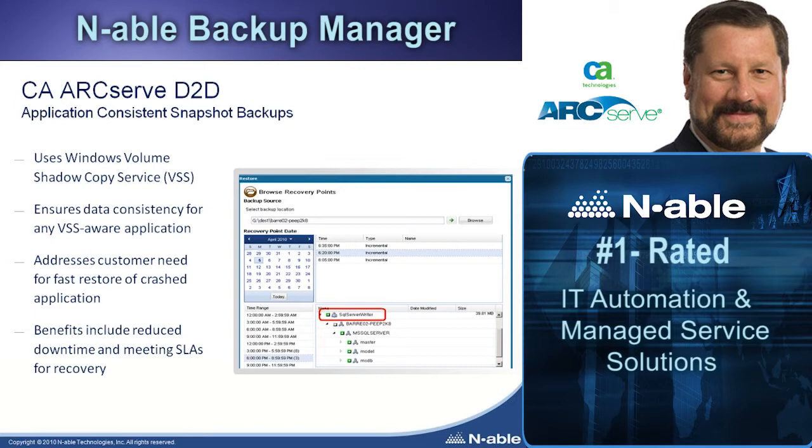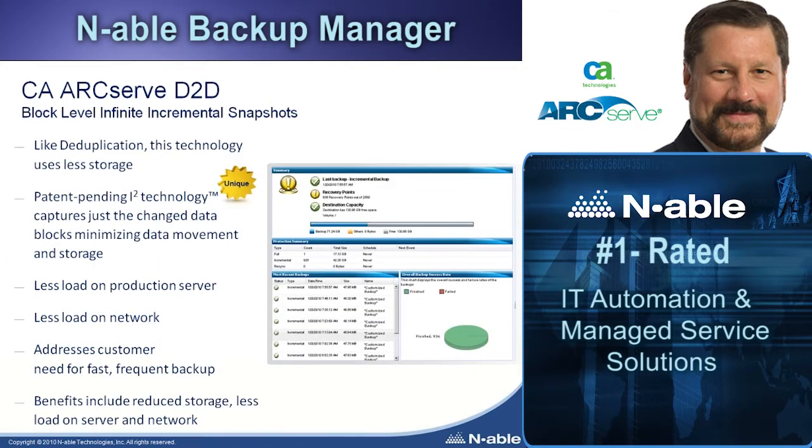recovery time objectives. Now, what if you could use a new technology that let you perform a single full backup and then incremental backups from that point forward? Well, like data deduplication, this patent-pending technology uses less storage space, performs backups faster, and puts less of a load on your production servers. Disk-to-disk backups are based on CA's block-level I-squared technology that has been designed to intelligently manage